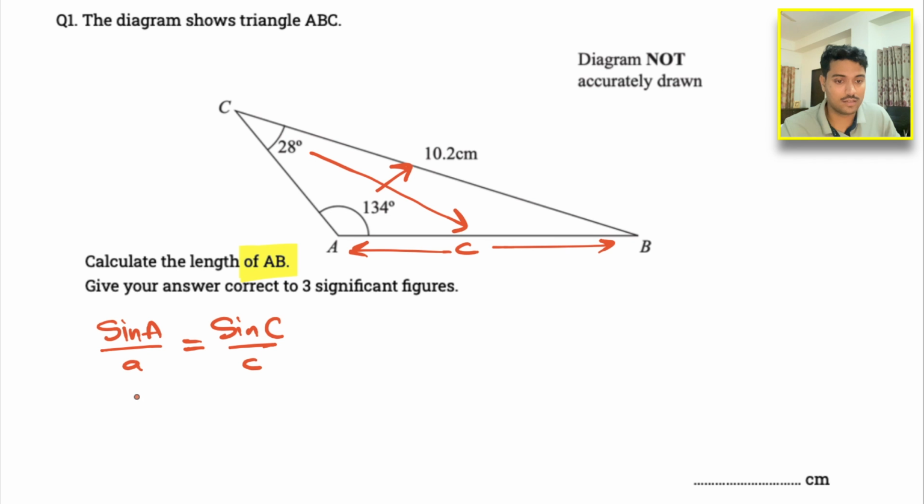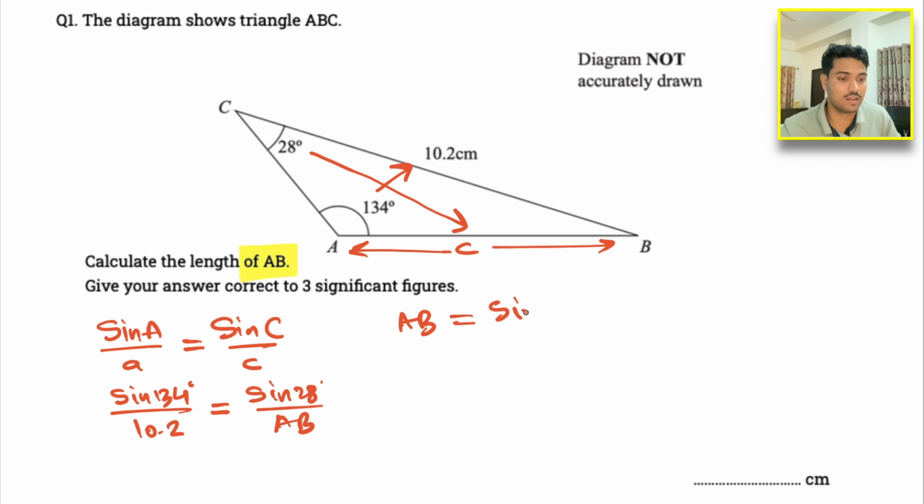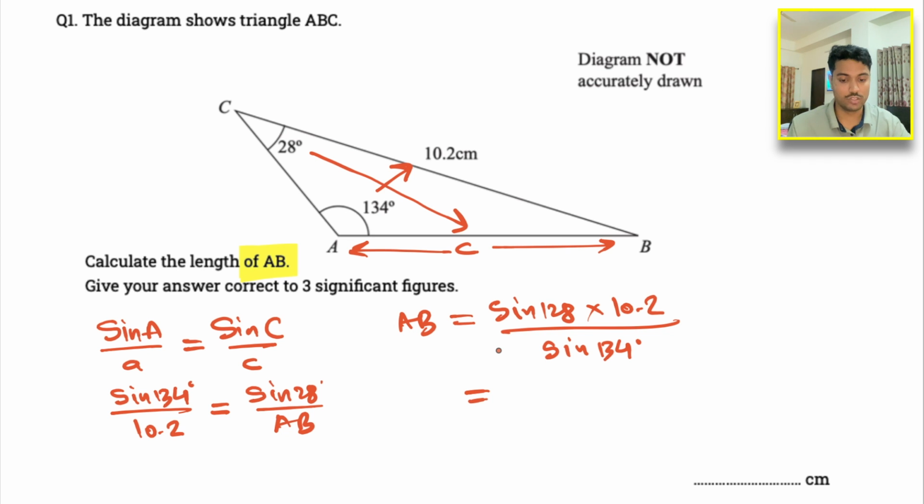So sine A, we can write sine 134 degrees divided by 10.2, which is equal to sine 28 degrees divided by the length AB. So we can make AB the subject of the equation, and then we can write sine 128 multiplied by 10.2 divided by sine 134 degrees. We can do this in the calculator and get the length AB. So 10.2 multiplied by sine 128 degrees divided by sine 134 degrees, and the answer is